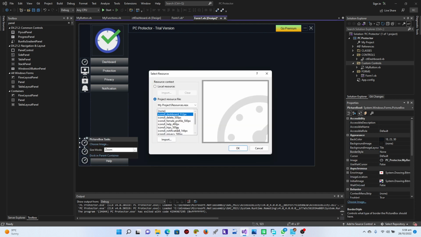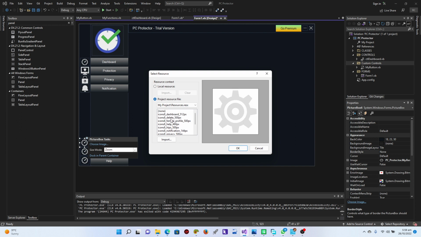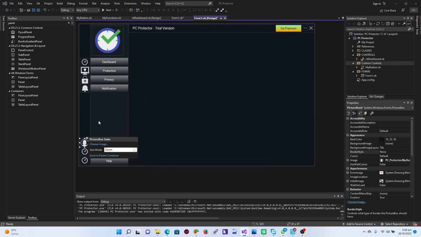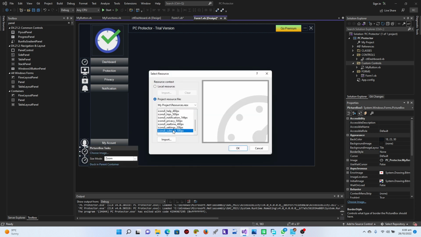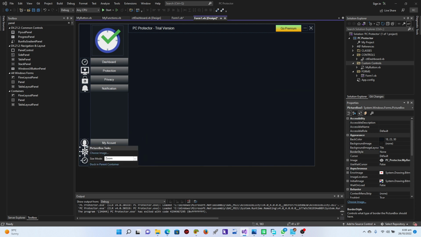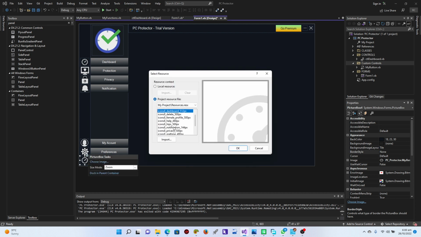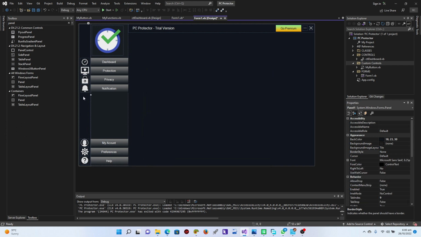Then the account is going to be the profile. So where is it? Okay, this preferences is going to be the settings. Perfect. And this help is going to be from this guy. Perfect. Okay, so I'm just going to select all of these,